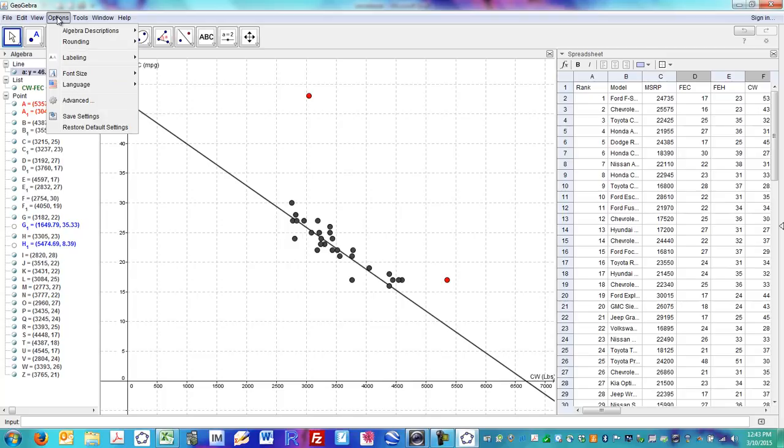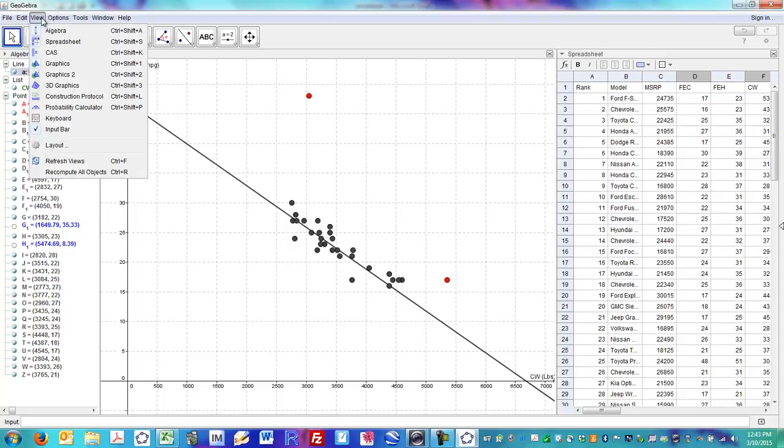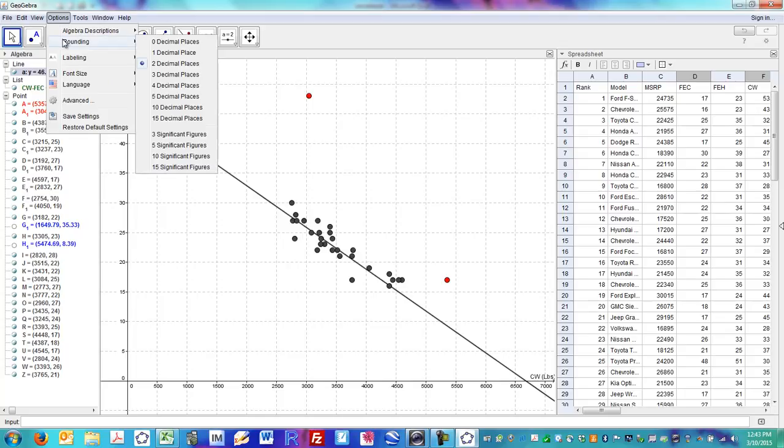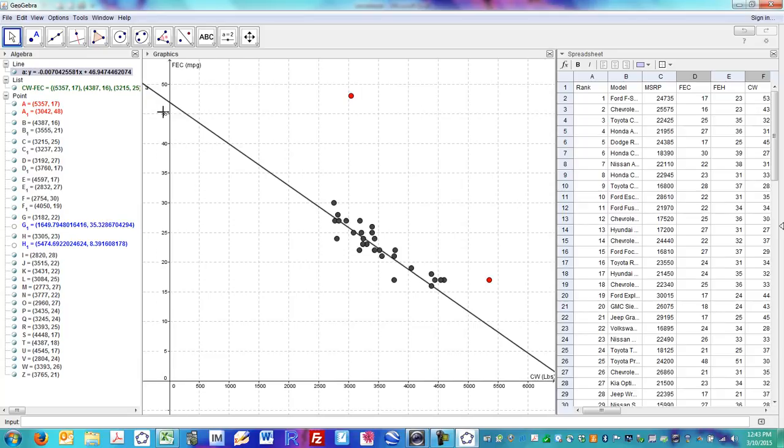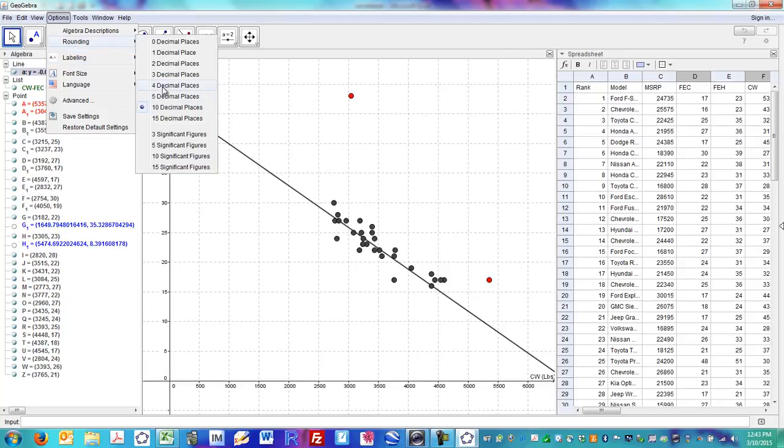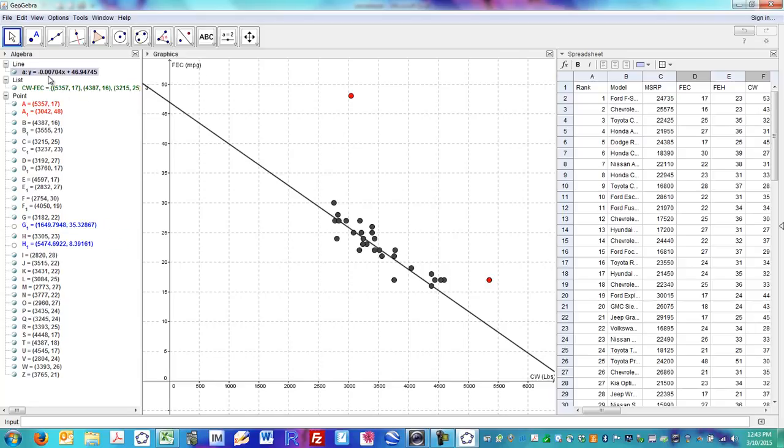And so what I think you want to do in this situation is go to options and go to rounding. And I can see right now that GeoGebra is rounding to 2 decimal places. I'm going to go ahead and bump that up to 10 decimal places. Yes, now I can see what was going on. Hopefully you can see that the slope for this particular line was beyond 2 decimal point rounding. So I think I'll just go ahead and go back now and go to objects rounding. Oh, let's give it 5. There we go. So now I can see that fuel efficiency and curb weight are indeed negatively associated,